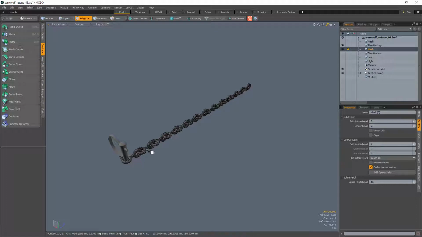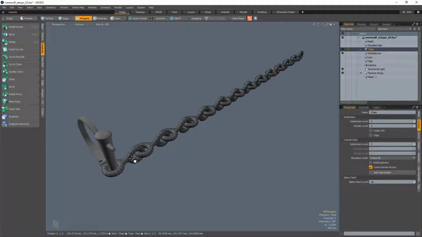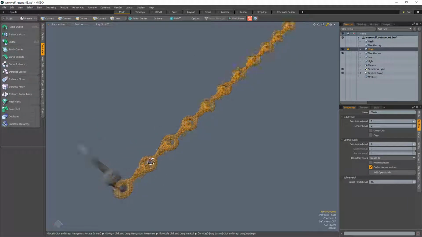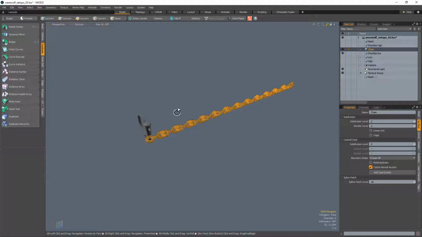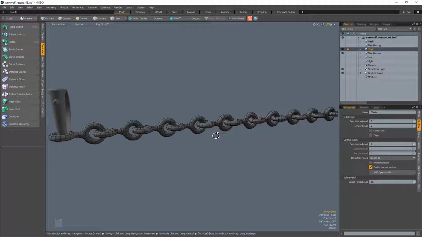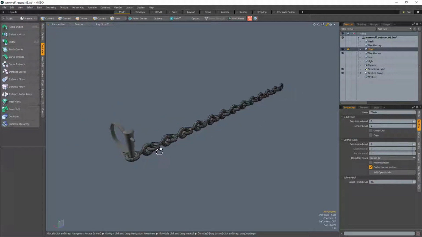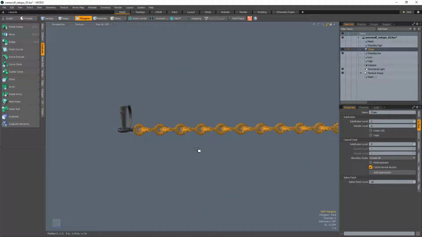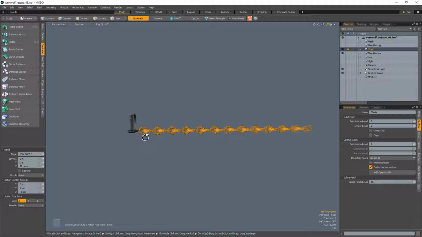So here we have, let's make sure that this is chain. There we go. So chain links can be kind of difficult to position because they are not an object like a rope that's completely flexible. They're actually made of rigid sections. So what that means is that if I want to pose this, I can't just do something like,